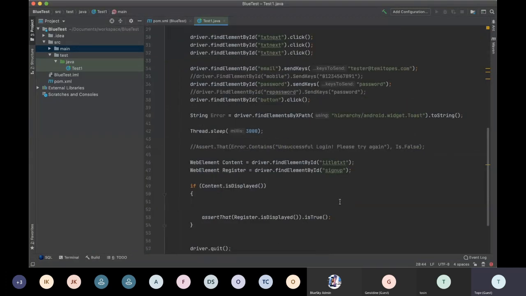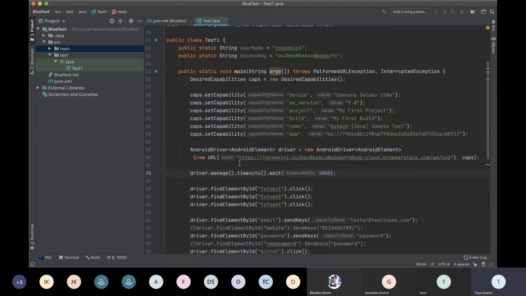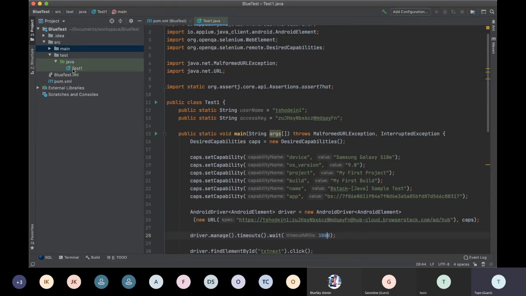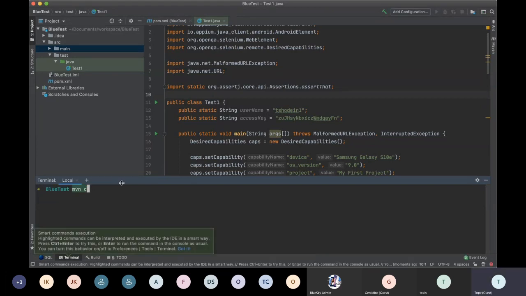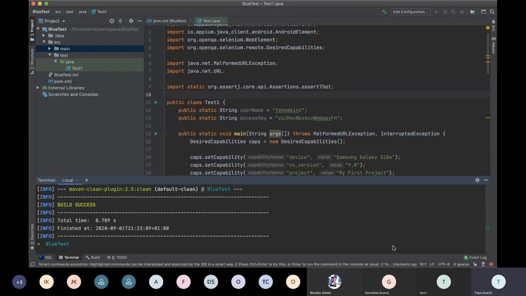So all right, and before I run, once you've done this, all you need to do is, because you've created a public class and a public method, you can just run it directly. But before that, I need to check that. I need to do a Maven clean to see if I have any errors or issues. That's fine. So if I do Maven install,